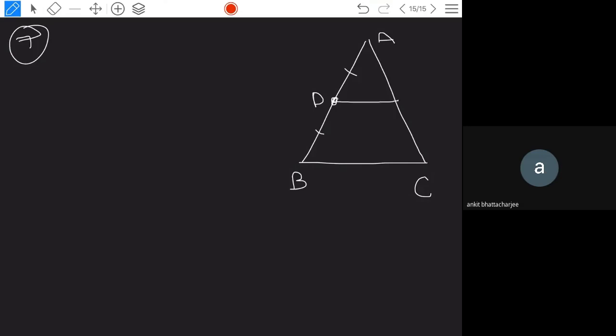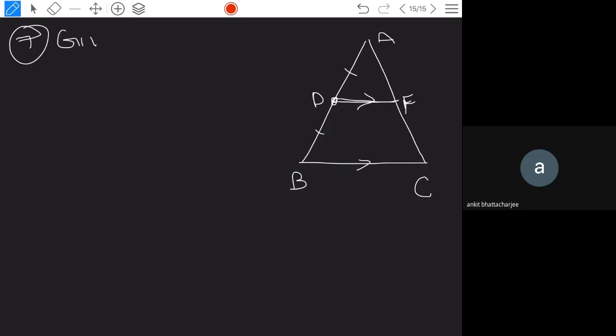So what is the question given? Let us consider here, this I am going to explain to you. Triangle ABC is given. In this triangle, let us consider the midpoint of AB as M, or you can consider it as D. So this is the midpoint given, that is nothing but AD is equal to DB. And if you draw the parallel line from here through the midpoint to one side of the triangle, this parallel line is drawn, and it intersects AC at F. So now what is given here?